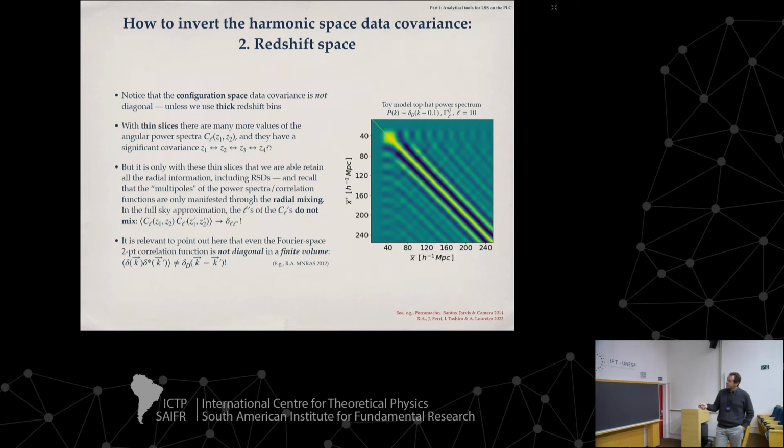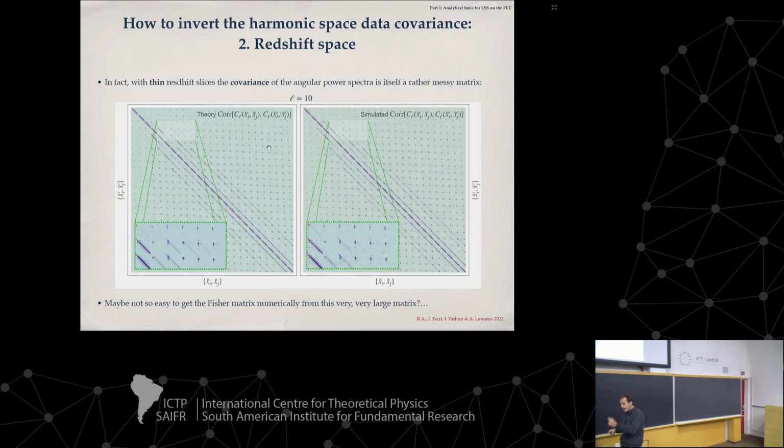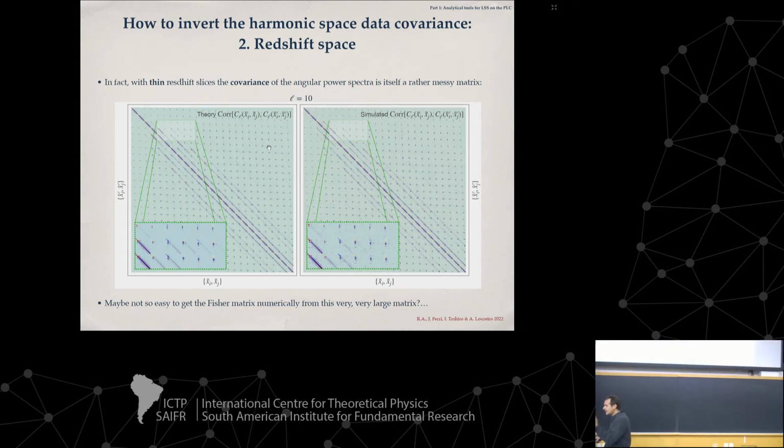So what I want to do here is consider the case where you have many, many redshift slices, and you have the angular power spectrum for very, very thin redshift slices, and I'll show you the formula for the covariance of those, okay? By the way, these kinds of objects will not be diagonal at all, but they'll have a structure that we can resolve analytically. This is, by the way, here, what you get for the covariance of the angular correlation function